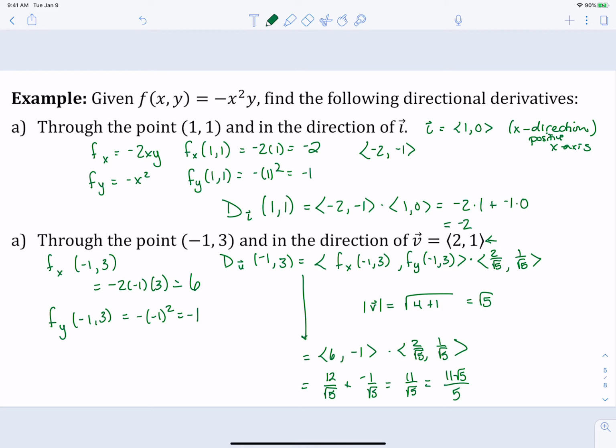But again, this is giving us our slope at that point, and it's giving us that direction. So it's telling us whether we're going uphill or downhill. If we leave from that point in that direction, we're going to be going uphill, and that's going to be our slope. I think I will stop this one here,